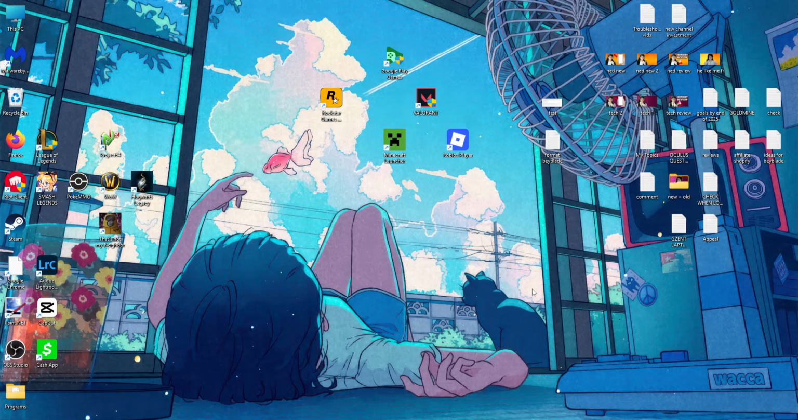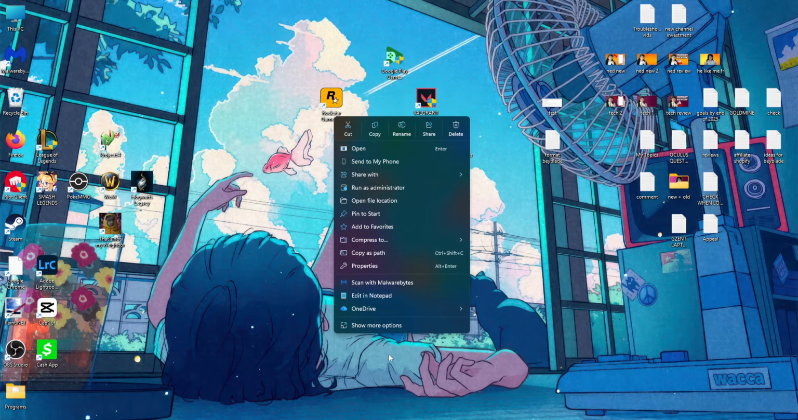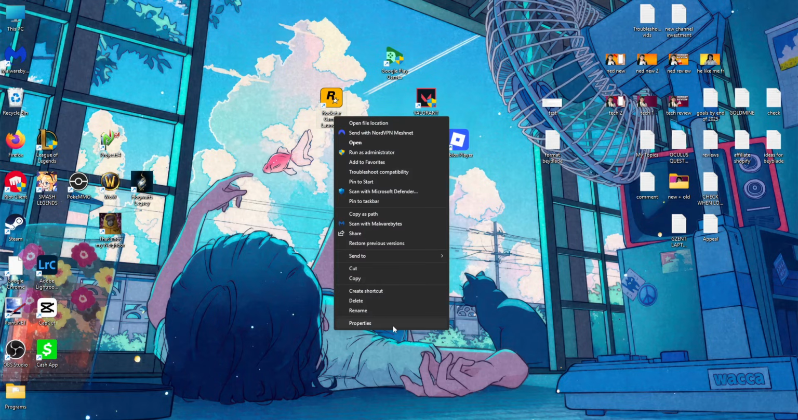How to fix Rockstar Launcher not responding. I'm going to show you 3 different fixes. For the first one, you want to find the Rockstar Games Launcher, right click, show more options, then you will